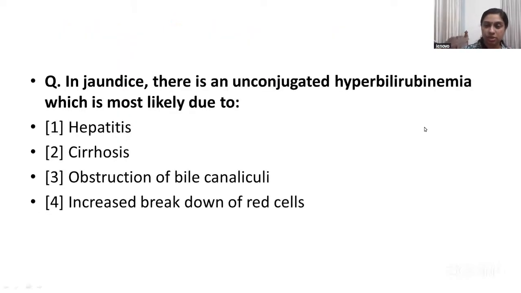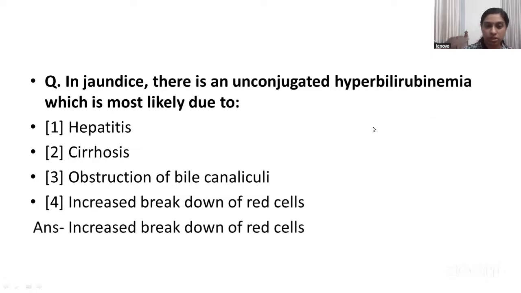So the first one is, in jaundice, there is an unconjugated hyperbilirubinemia, which is most likely due to. So the options are hepatitis, cirrhosis, obstruction of the bile canaliculi, and increased breakdown of red cells. So basically, they are asking about different types of jaundice, called prehepatic, hepatic, and the obstructive or the post-hepatic types. Okay. So here the answer here is